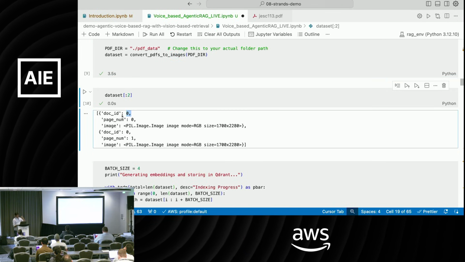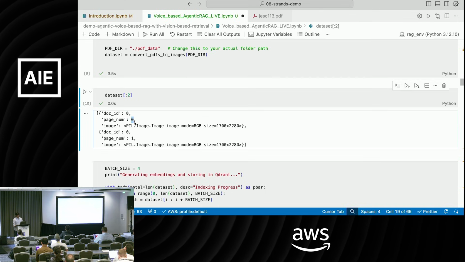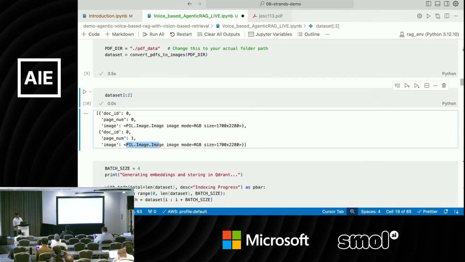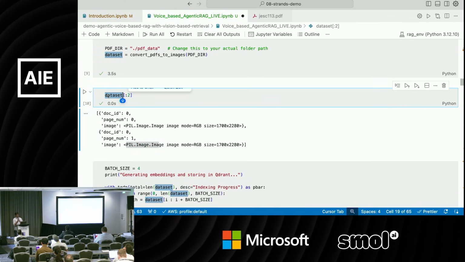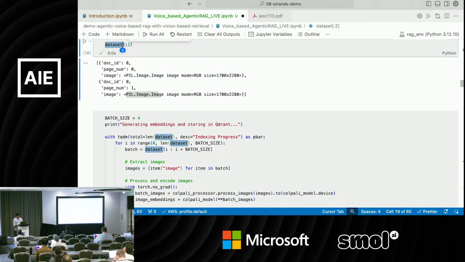Let's say I just have one PDF. So all the entries will have document ID as 0, page number 0, and this is the image. Page number 1, and this is the image. So this data set contains everything. With me so far? Yes? Okay, great. Now that I have these